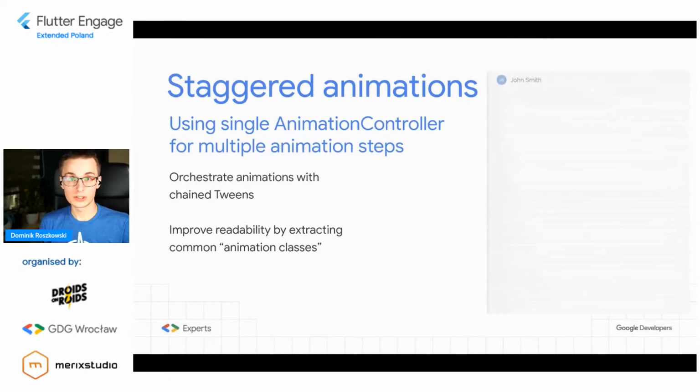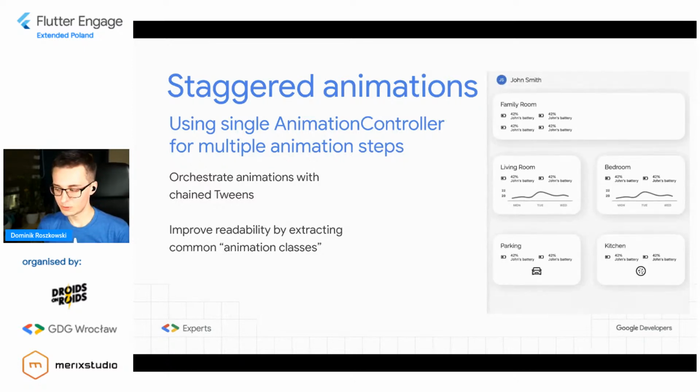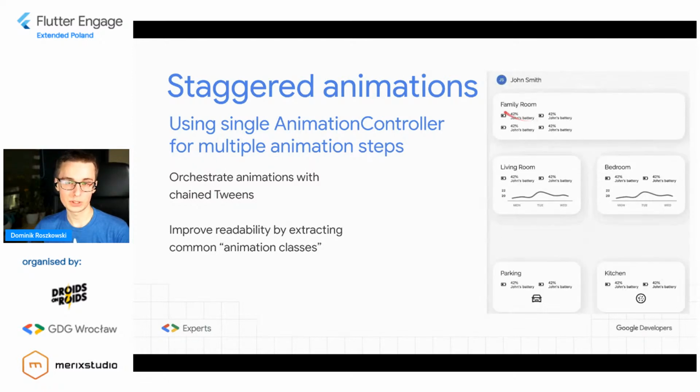Staggered animations is like this holy grail of animations in Flutter. And also this is pretty complex when you go into the official tutorial where you have, I don't know, 10 steps in order to make a simple animation. But I want to show you how to actually make this staggered animation simple without additional packages, because there are some great packages that allow you to make the staggered animations easier and simpler. But here we're going to focus only on some vanilla Flutter implementation without any additional features, but of course you can use some of them.